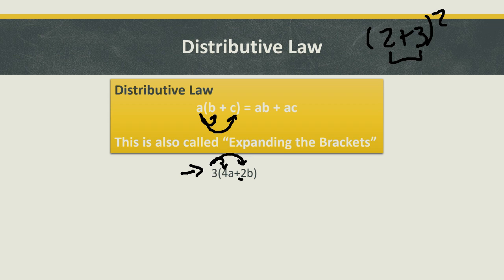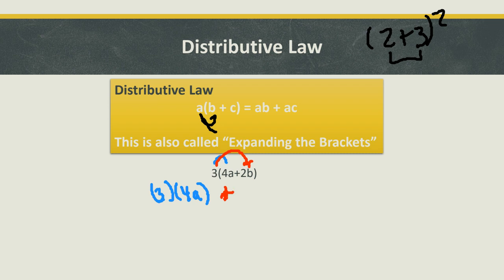I hope that this all makes sense to everybody watching, but give it a go. Okay, so 3 times 4a. I'm going to do this in blue. So that means I have a 3 times a 4a. Then we're going to switch to red. There's also a 3 that has to be brought through to this term. So I have a plus in between because it's a positive sign here,